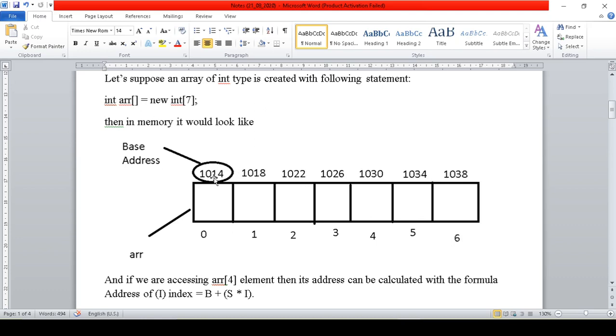And make sure that it's not necessary that every time it will start from 1014. I have chosen some random values over here to represent those memory addresses. So there will be definitely 7 different memory addresses, but this array will only point to the base address, and base address is the address of the first location of the array. So right now the first location is 1014, so that would be the base address, and array will point